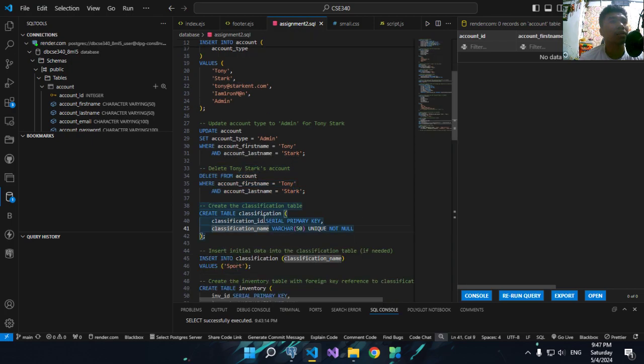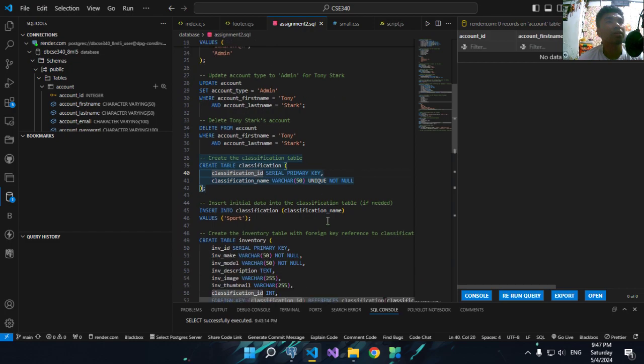Same as the create table, classification. So set as an ID, so identification or number of how many data will be input. So here in the second line, 41, is the name.